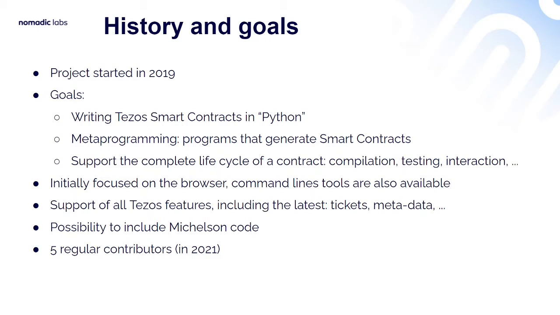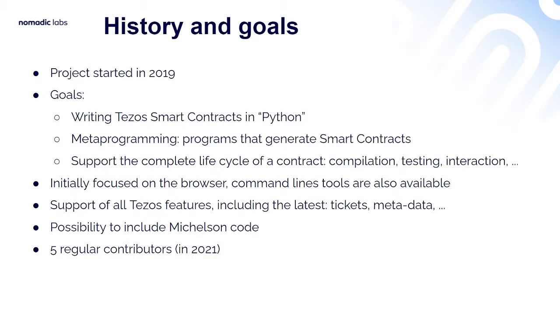So SmartPy was a project that was started in 2019 with a number of goals. The idea was to make it possible to write Tezos smart contracts in Python, or we should say in a language that resembles Python and is easy to use for Python developers. Another goal was to make metaprogramming available. SmartPy programs are programs that generate smart contracts, and the same program can be used to generate multiple versions of